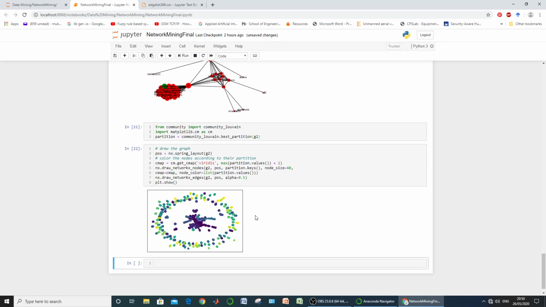Purple color nodes represent the same partition, likewise yellow, likewise green color nodes represent the same communities within the network. Community detection is a separate research direction in which many good researchers and scientists are working for efficient detection of communities present within a network.